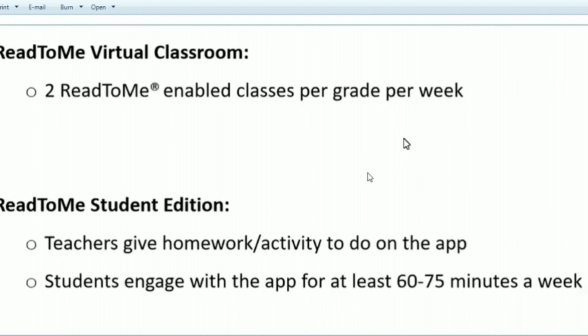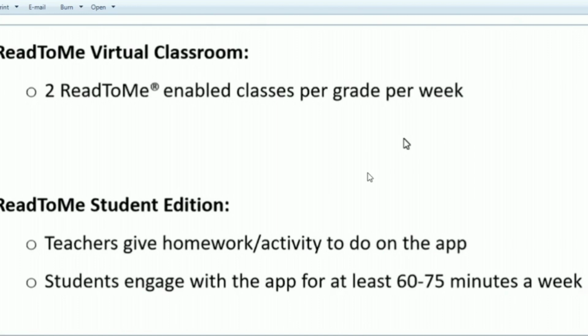Now in this video I will try to explain in English, because it's for the English teachers, how to use this Read to Me as a virtual classroom, how to use this on a PC. So you need not show this video to the students. This is for you, the English teachers.